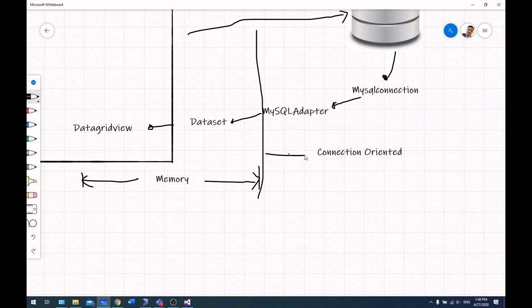So this one is connection oriented. It has to keep connected. Once this is disconnected, the data is still present in your machine, but it runs in the memory. But whatever changes were made in the database won't reflect here in this side of your program,